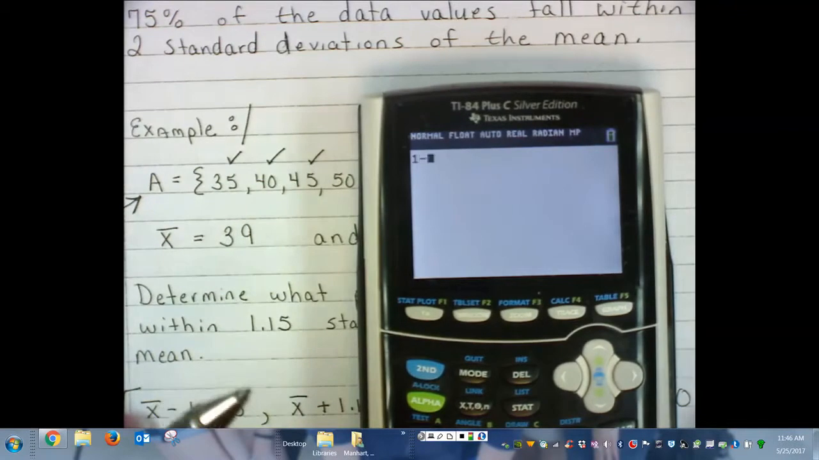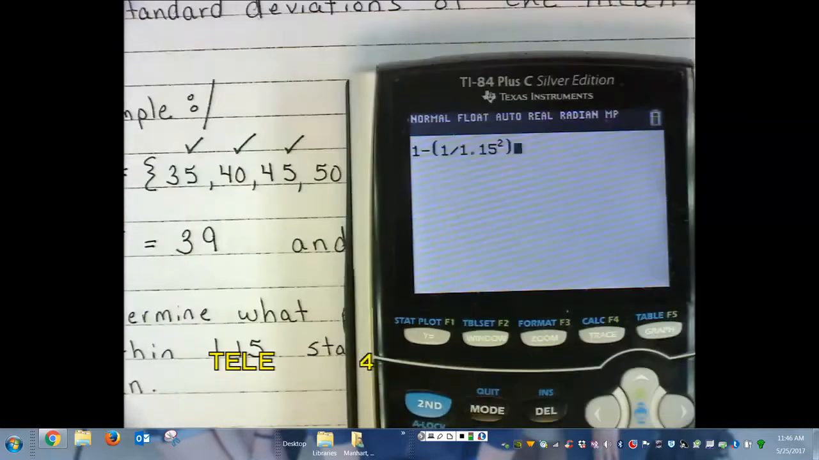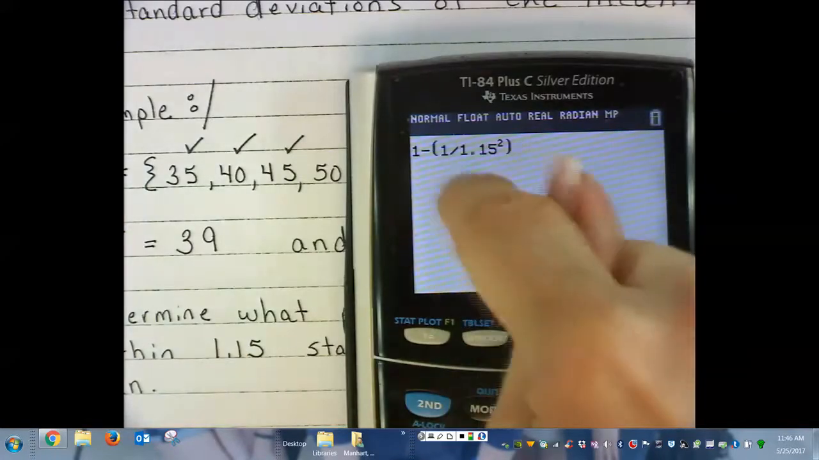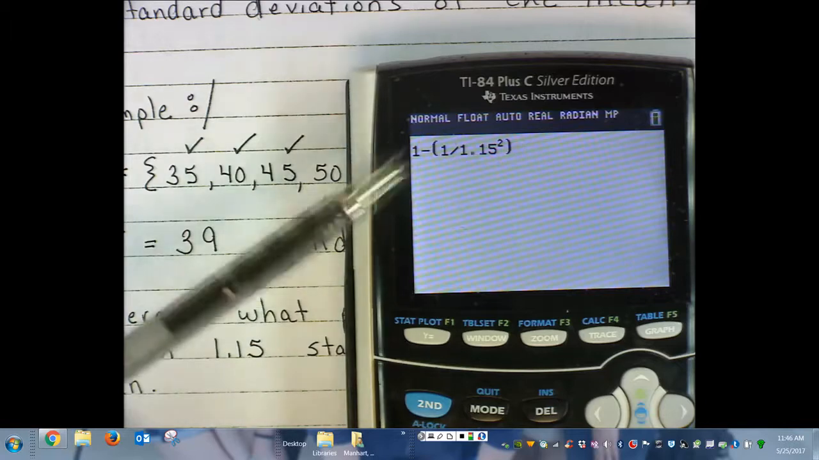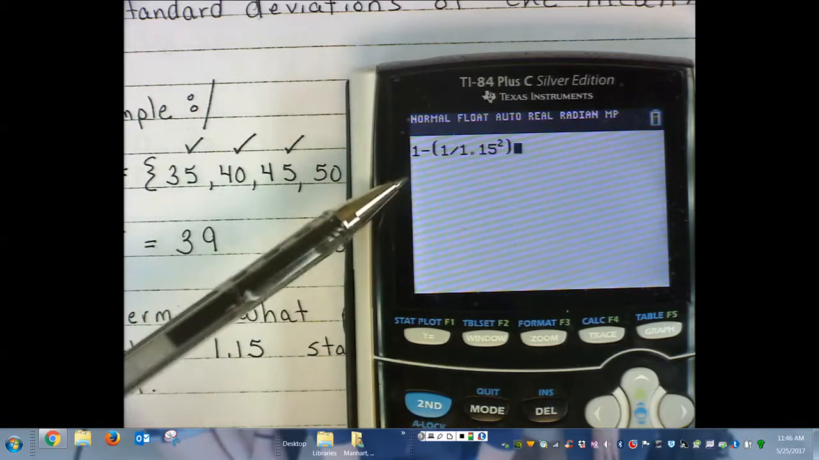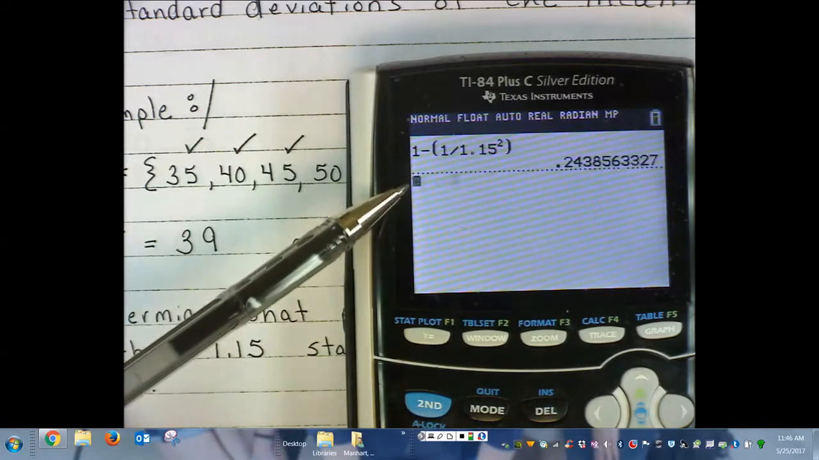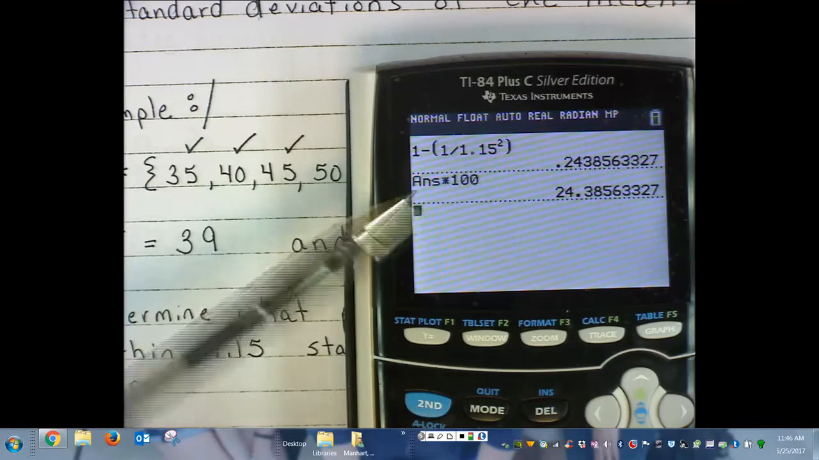1 minus parentheses 1 divided by 1.15 squared. That is Chebyshev's formula of 1 minus 1 divided by k squared. 1.15 is the number of standard deviations below, and 1.15 is the number of standard deviations above. This is his formula, and it gives you the promised percentage. Multiply by 100, and I'm going to say